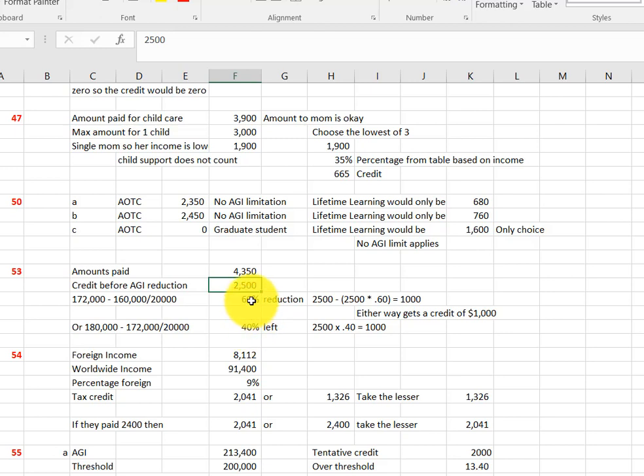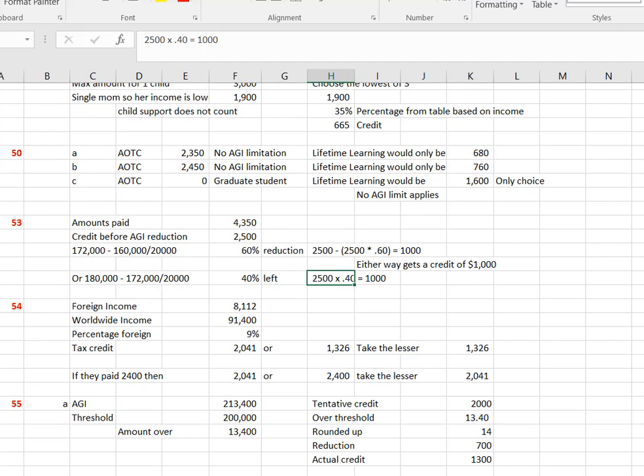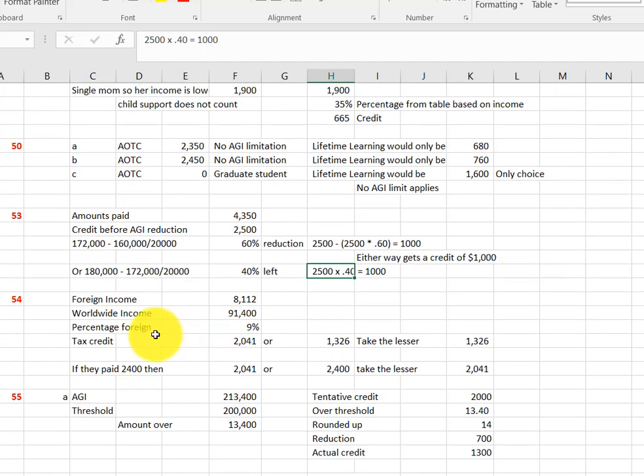So either a 60% reduction, which means you'd use this calculation to get 1,000, or you have 40% left, use this calculation to get the 1,000. Either way, $1,000 credit for American Opportunity Tax Credit based on the phase out for